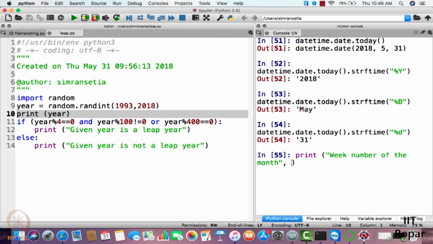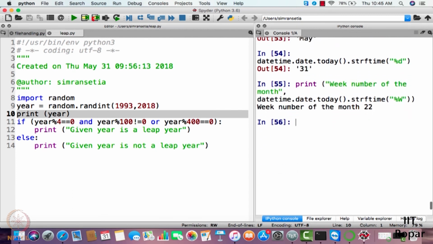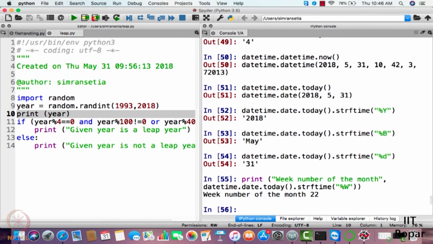You just write datetime again dot date dot today dot strftime, and in round braces you just write capital W. So week number of the month is 22. I repeat, week number of the month is 22.